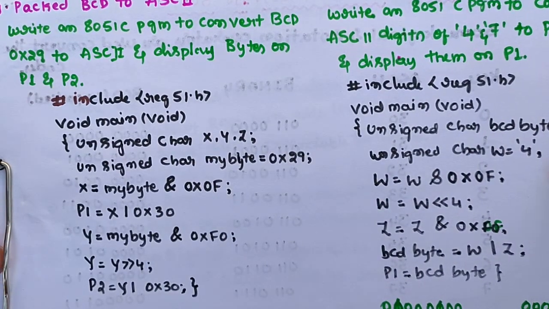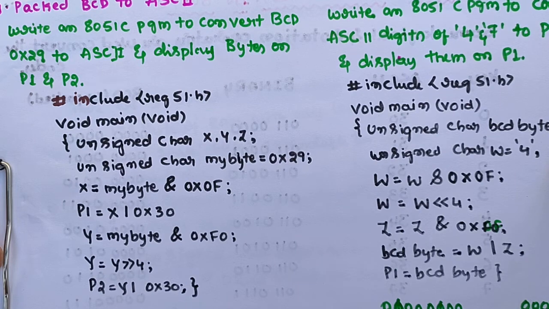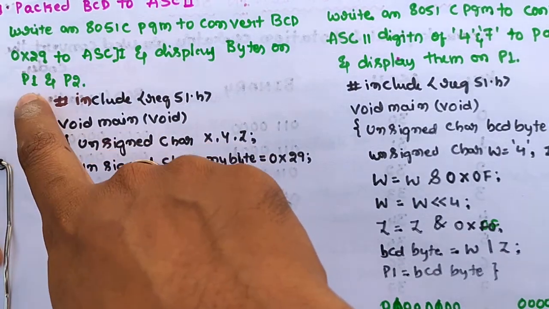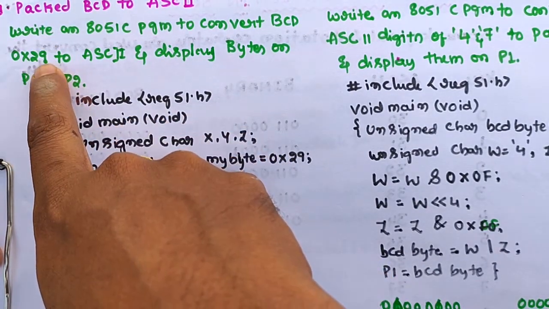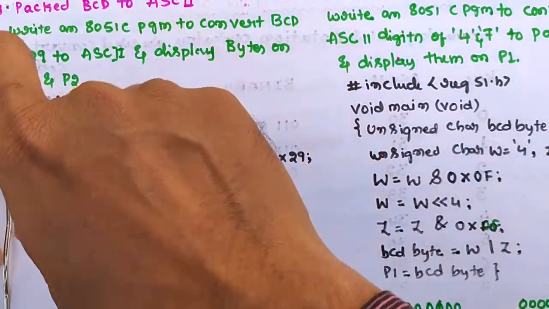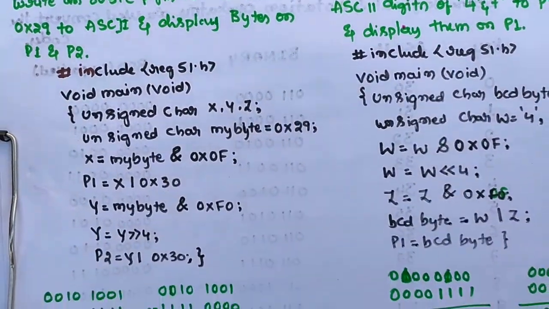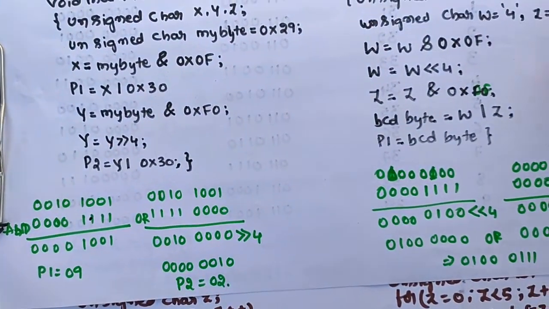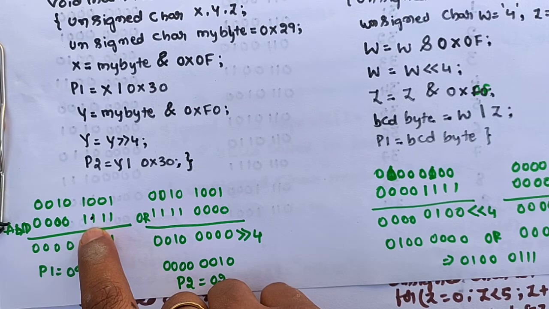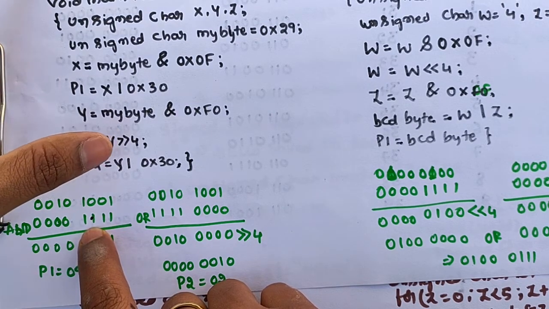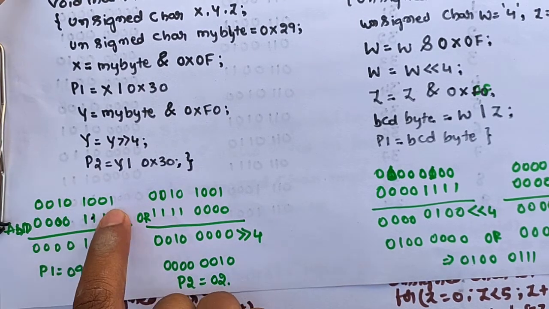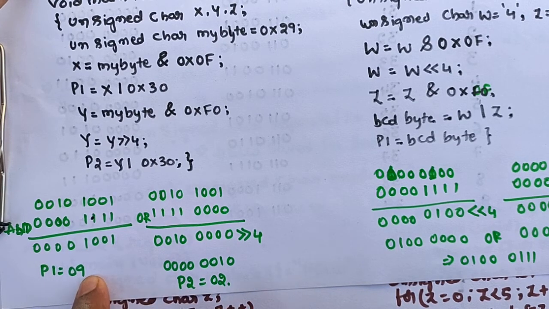That means the ASCII values of the decimal BCD value 29. The ASCII must be in port P1, where we need to specify the lower order byte, that is 9, and in P2 we need to represent the higher order byte, that is 2. This is our challenge. For the manual calculation of this conversion, first we need to AND with 0F the lower order byte. So for 29 with 0F, you will get 09.